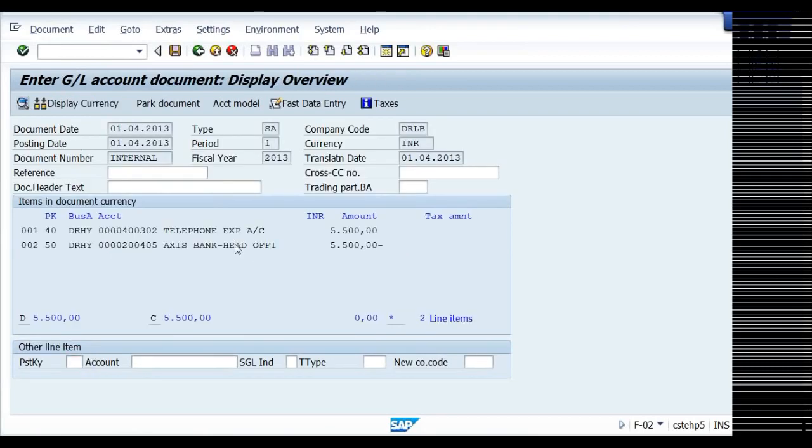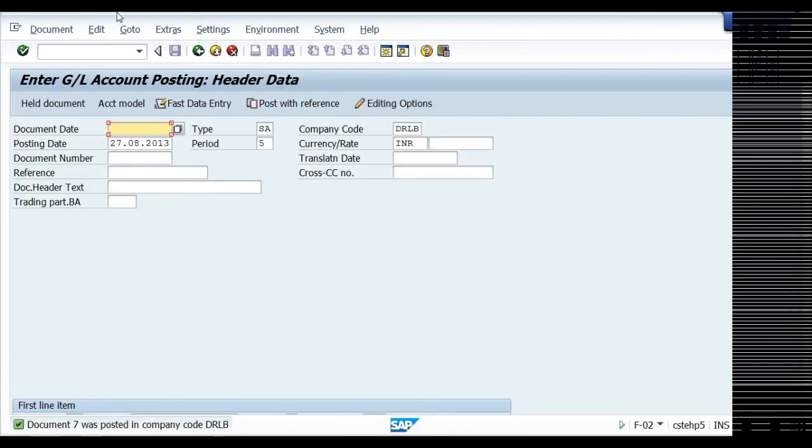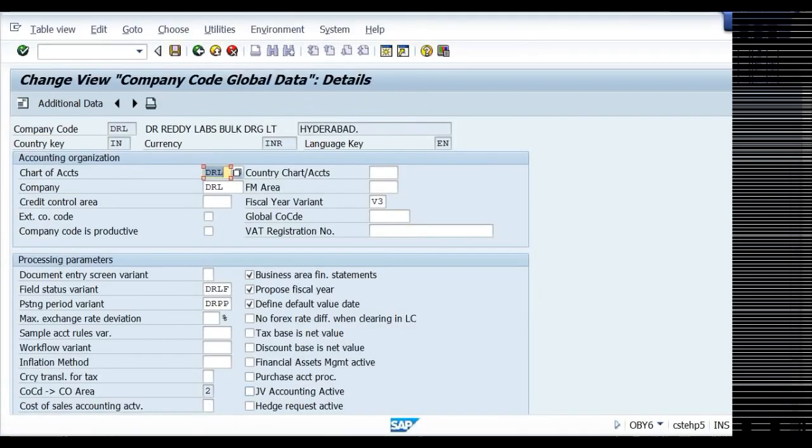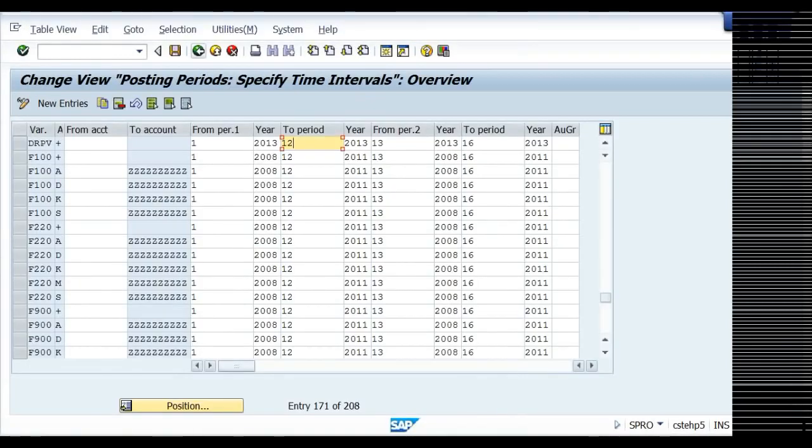See here also it is showing value date. Now save it. The system will allow me to save because all periods are kept open. Now I want to change this. Come here, write OB52.